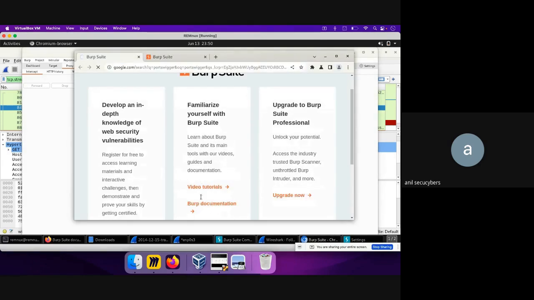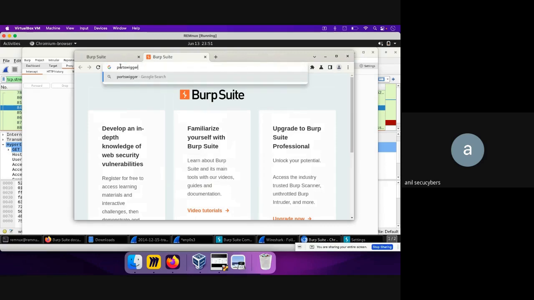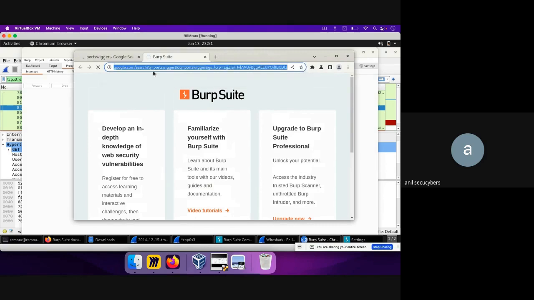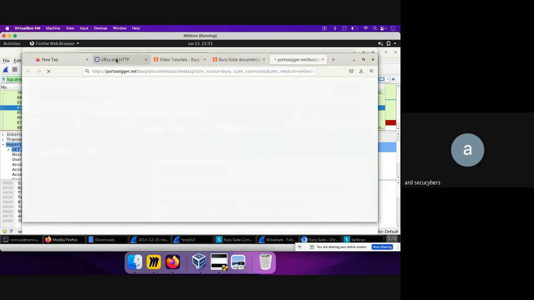So if we now go to the bug documentation, let me just go to that. If I search here for Swiggle, let's search for that in Google. And now if you see, the traffic is going back and forth. Okay, so the reason why the Chromium browser was not loading up the website, the only reason was that the intercept was on in that browser too. Okay, so now let's